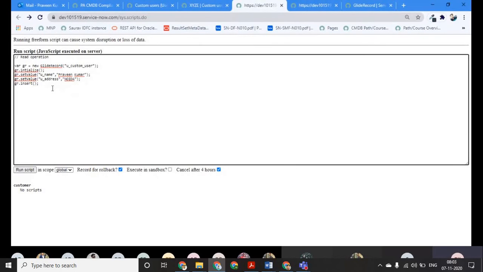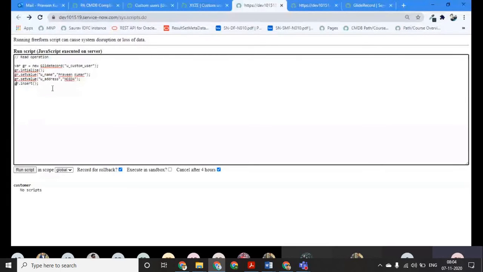We will do what ServiceNow has provided as best practice. So yes, you have to use gr.setValue multiple times, as many times as you want to update fields. You always use gr.setValue per column. You got the answer? Yes.